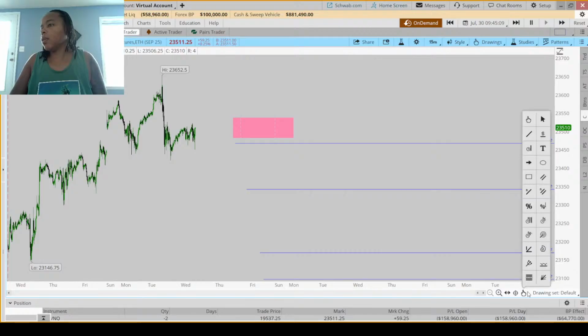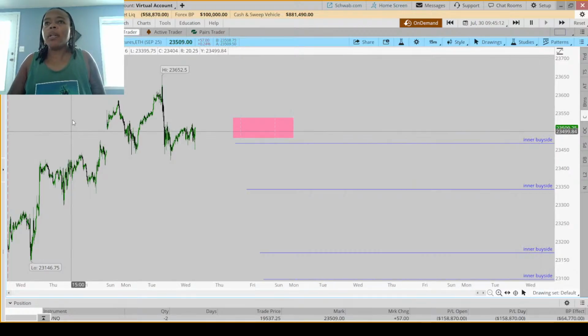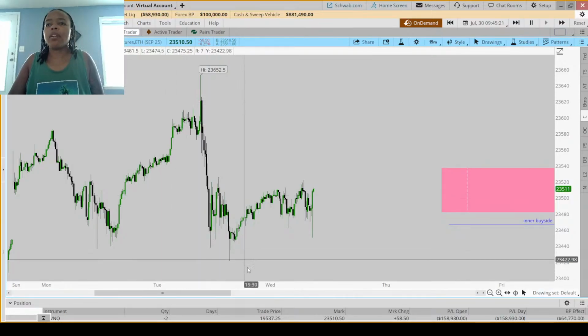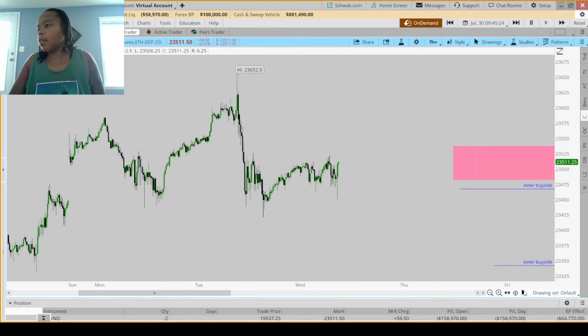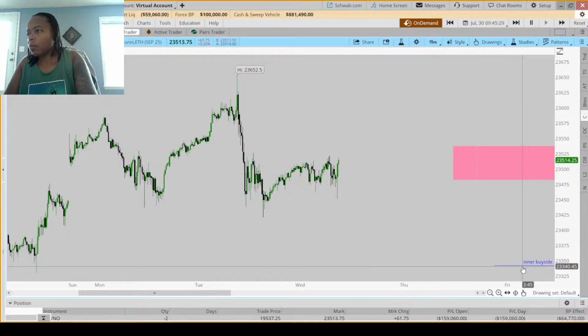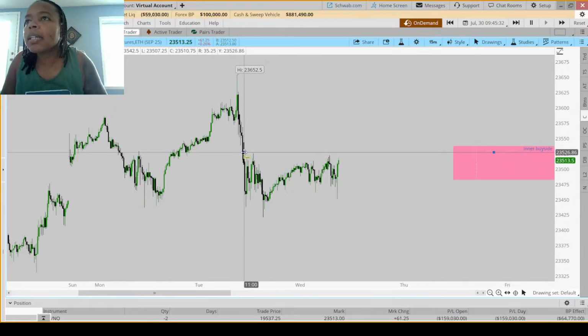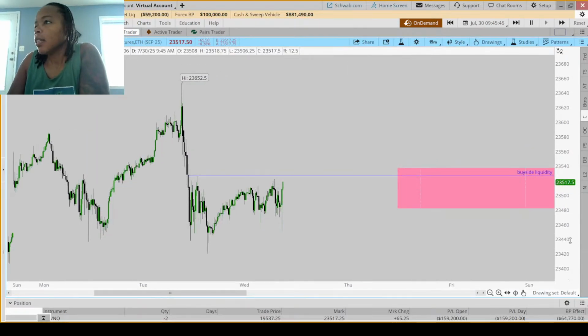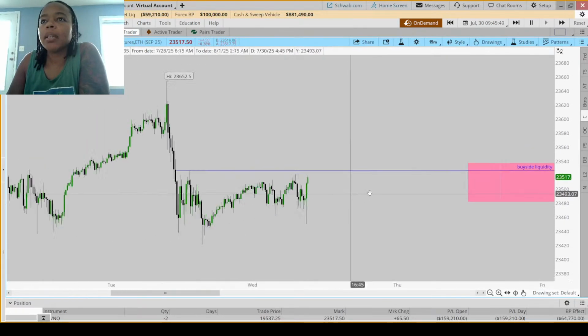Cool. So let's go. All right, so July 30th. And so things I would be looking for on this day, lots of things that I had set up. So let's clean that up. Let's take a look at that high right there for some buy side. Oh, I had that already. So for some buy side liquidity, can I type? Who knows? So that's on Wednesday. Let's look at that for some buy side liquidity.